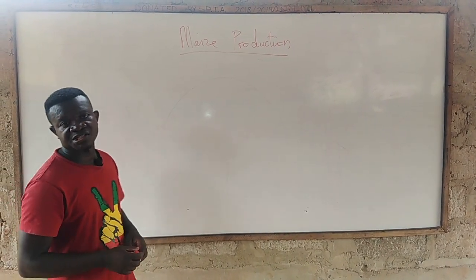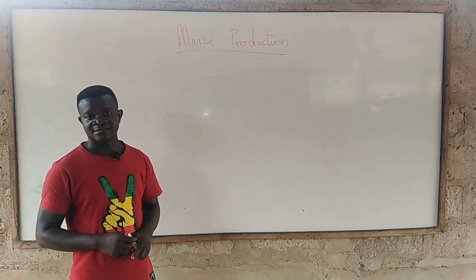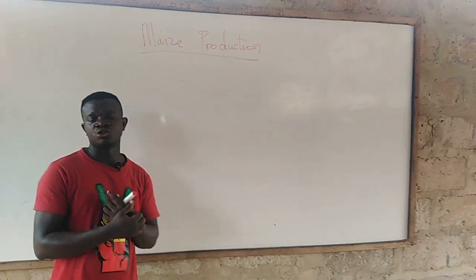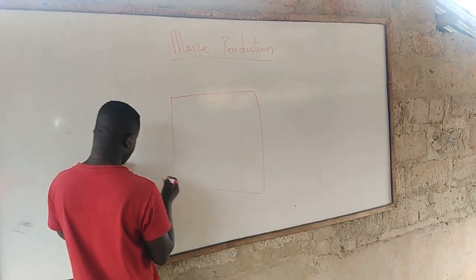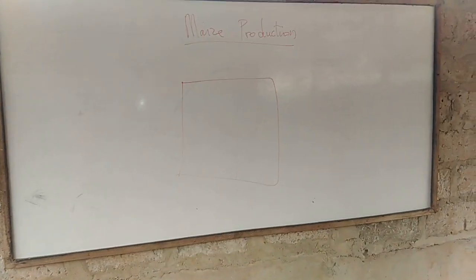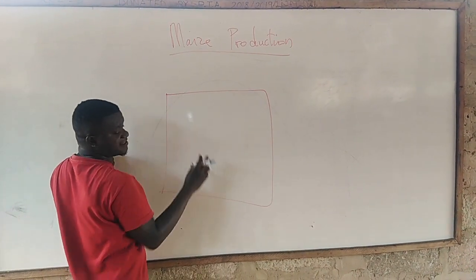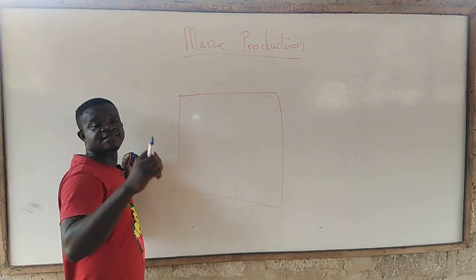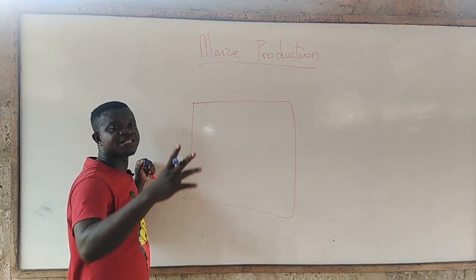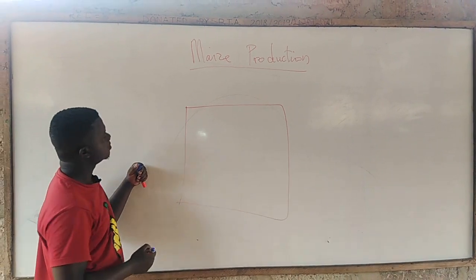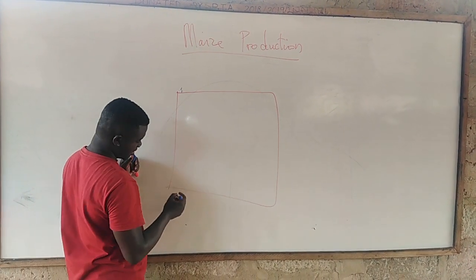First of all, after preparing your land, what you need to do is to look out for your planting distance, the planting pattern that you want to go by. So normally, let's say this is our field. You have your maize seeds. You have to get the seeds from a reliable, accredited source, in fact hybrid seeds for higher yield. So for the planting distance, let's say you get one peg over here,